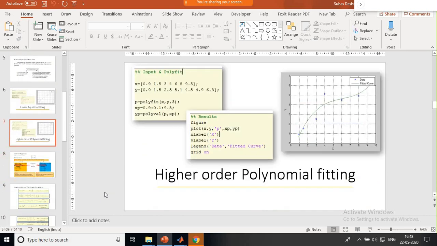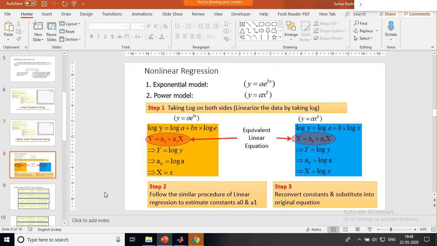So when we are going to fit this polynomial, in 90% of cases we want the data points to be fitted not only on a polynomial. We want to fit into some nonlinear equation, maybe an exponential growth, maybe a power model and so on. So whenever we are going to use such functions, we need to convert those functions into a linear equation. That is the technique called linearization.